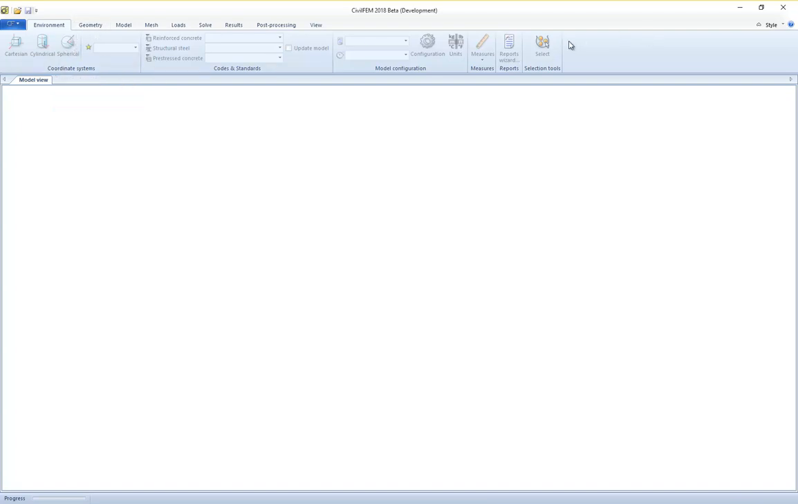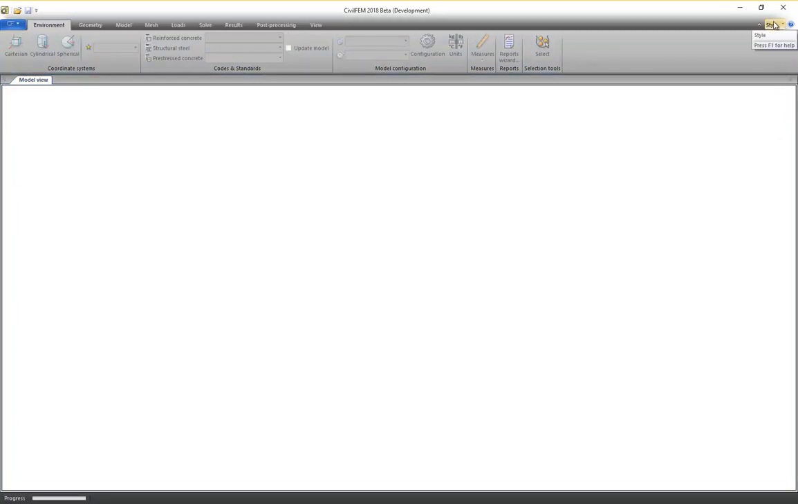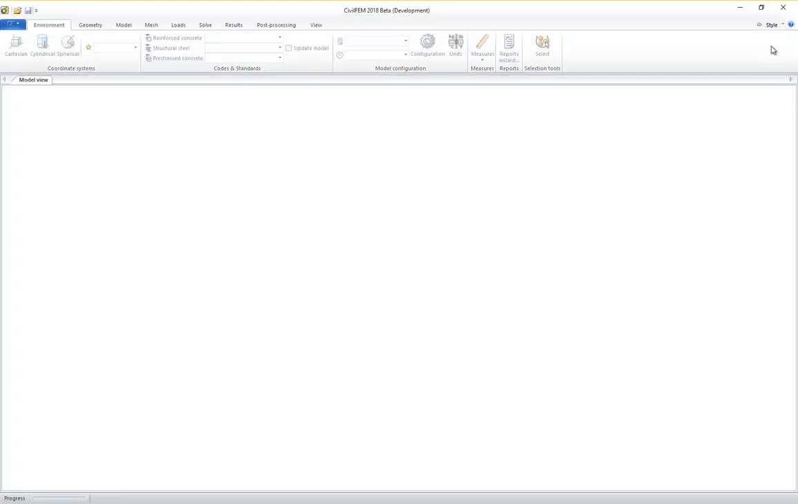Well, we can change the style if you want. Here you have different predefined styles. Later we will see how to deal with the different CivilFEM windows,